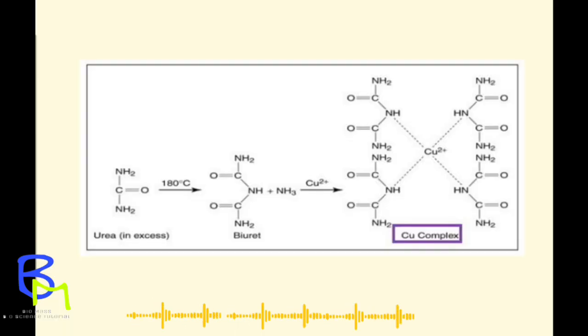The name of the reaction is derived from the organic compound biuret, which is formed by condensation of 2 urea molecules at high temperature. Biuret is formed when solid urea powder is heated in a tube. The resultant biuret is solid at room temperature and soluble in water. The test produces color proportionate to the number of peptide bonds, which can be correlated with the amount of protein. A similar reagent is used for quantitative estimation of serum proteins.